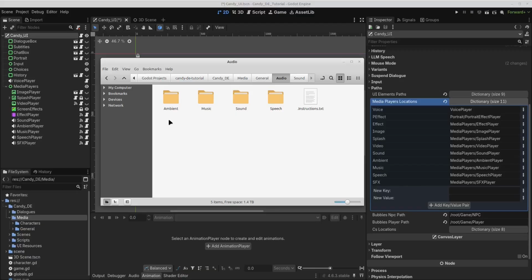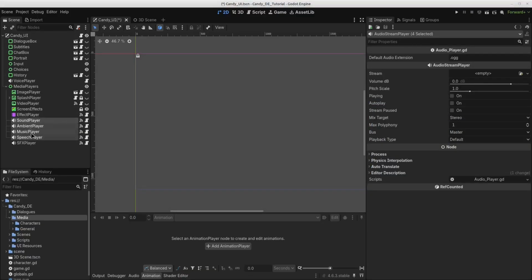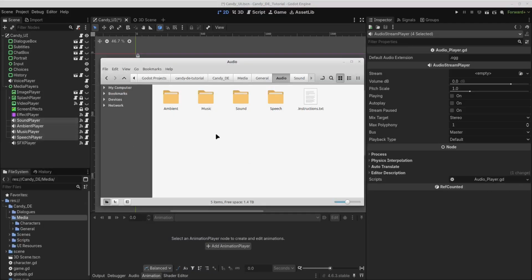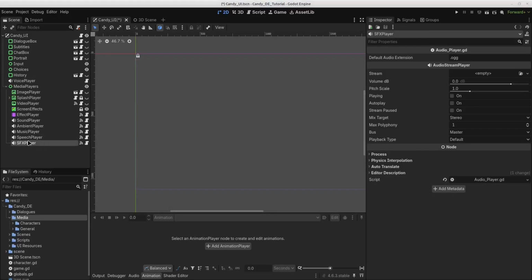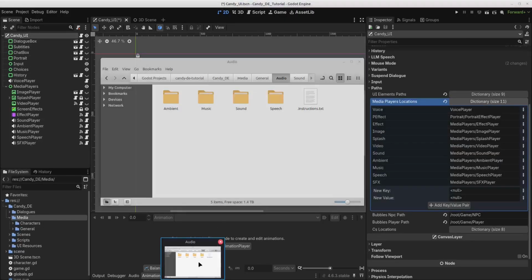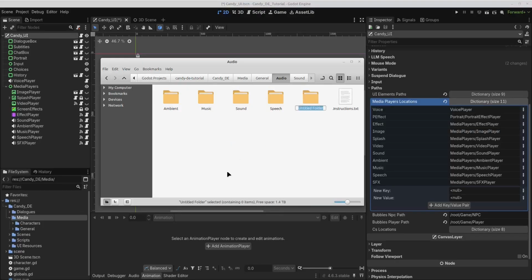And in the audio folder, you can see I already have 4 subfolders: ambient, music, sound, and speech. And these 4 folders match the 4 audio players that I already had at the beginning. So what's missing here is a folder for the SFX player. So I need to add a folder for the SFX player, and I'm going to call it SFX in all